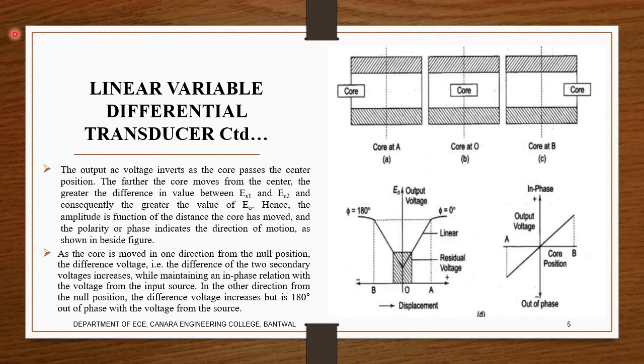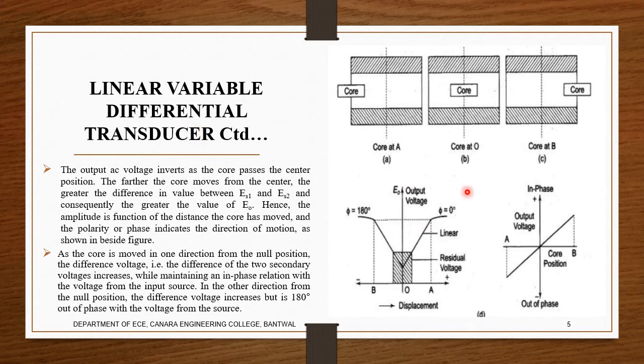By comparing the magnitude and the phase of the differential output voltage with that of the source, the amount and direction of the movement of the core, and hence of the displacement, may be determined. Usually, the output signal may also be applied to a recorder, or to a controller that can restore the moving system to its normal position. So we can see where it can be normal and where it can be movement. So this is for some of the recording purpose.